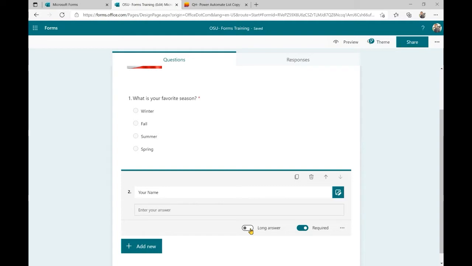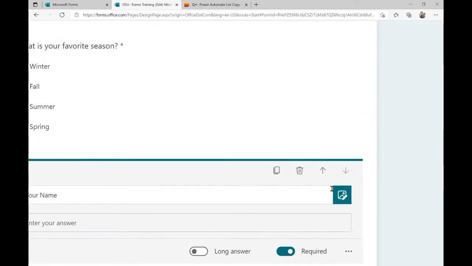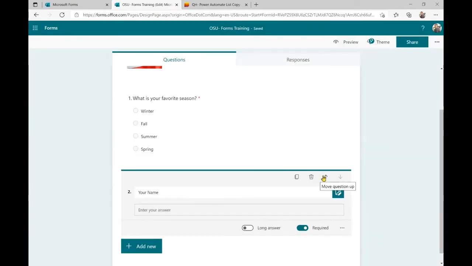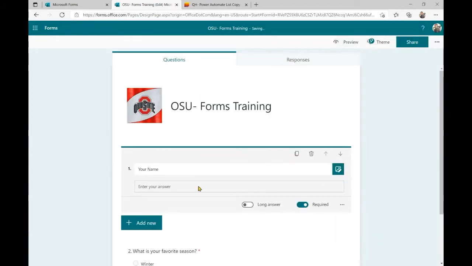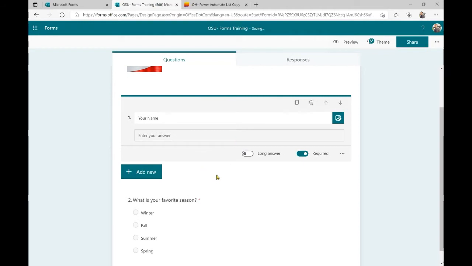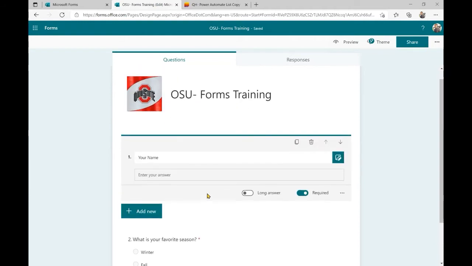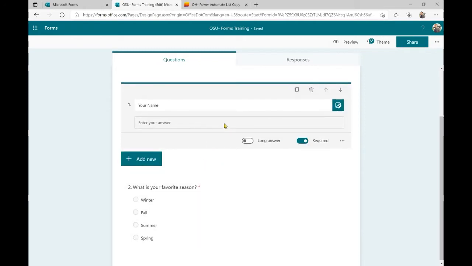We just need one line here, and we want this to also be required. However, I think it might make sense for this to be the first question. So here with these arrows, I could actually move this question up by selecting this arrow, and now it has become the first question. So you can move questions around that way to rearrange the way you want your questions to appear.